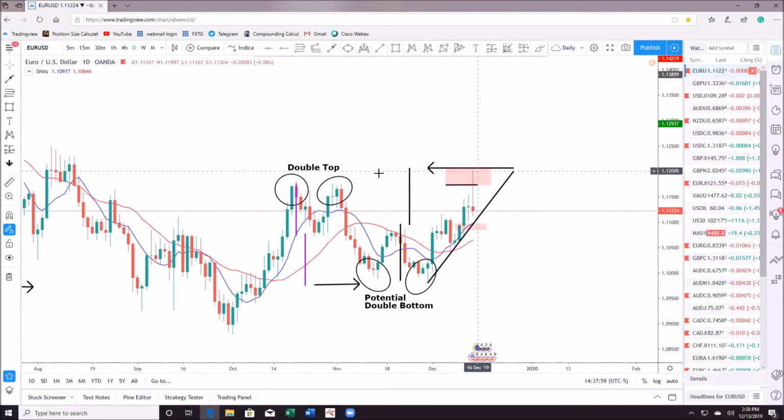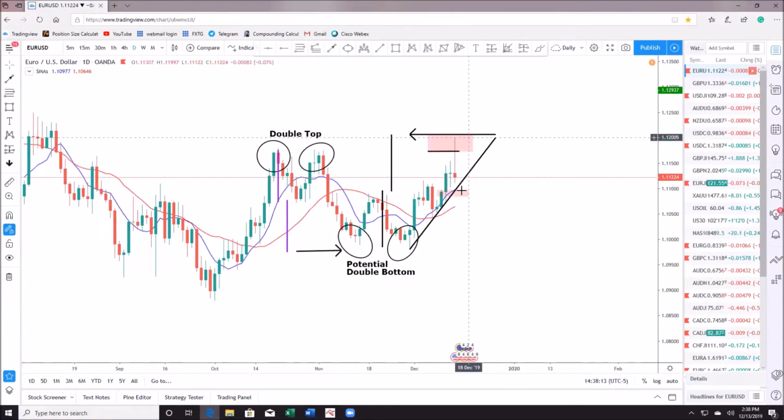Even though price broke above it, it hasn't closed above. It's rejected at this level. So we would need to see a clear break above and a clear close above this before we would consider this a higher high and a higher low. So since price has rejected this and formed this really nice pin bar here, I will look to sell this